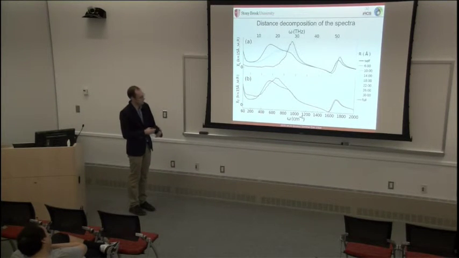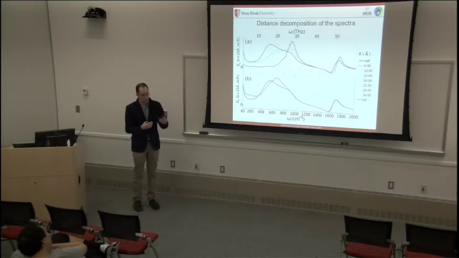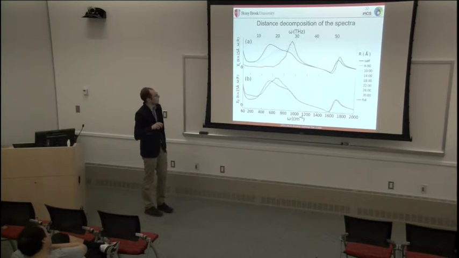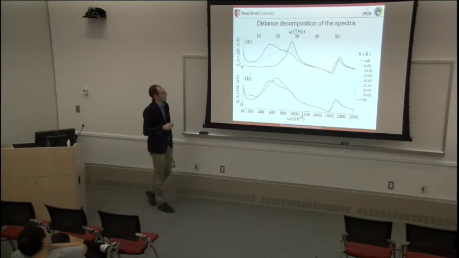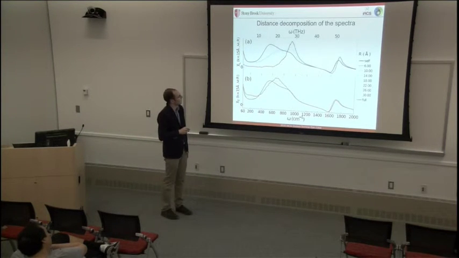Then when you start to increase R, you start taking into account the correlations of molecules in a sphere of radius r around each molecule. So what you see is that as r increases, this peak is suppressed. That is due to anti-correlations at that frequency. And meanwhile, this peak here is enhanced.